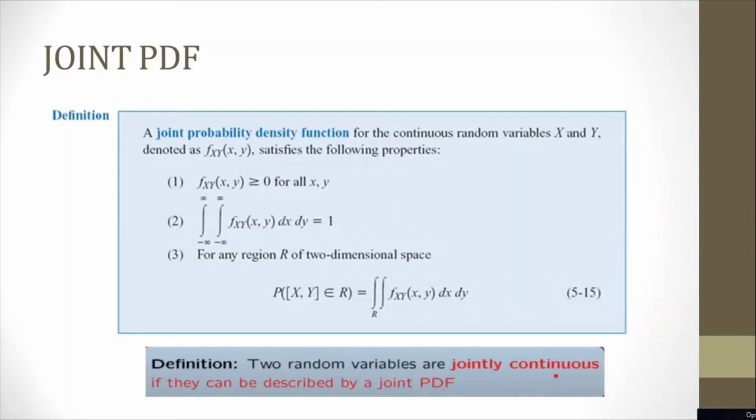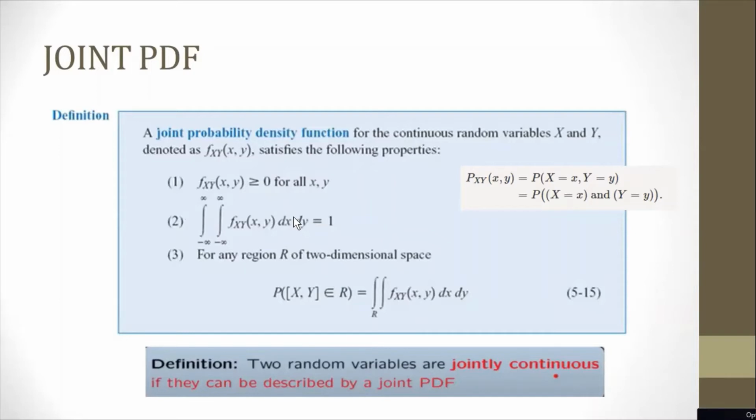So moving forward, note that the use of this f is basically to indicate that we are dealing with some density. The concept of joint PDF can also be understood by recalling joint PMF. In joint PMF, we see the probability that the pair of random variables X, Y takes certain specific values. Now, for joint PDF, we say that it has to be non-negative.